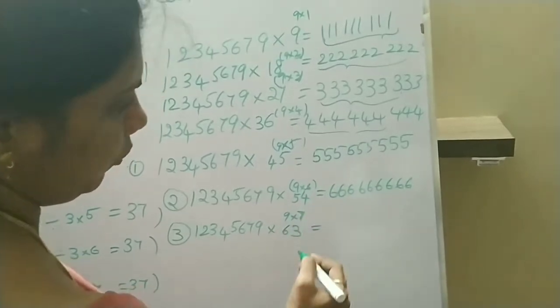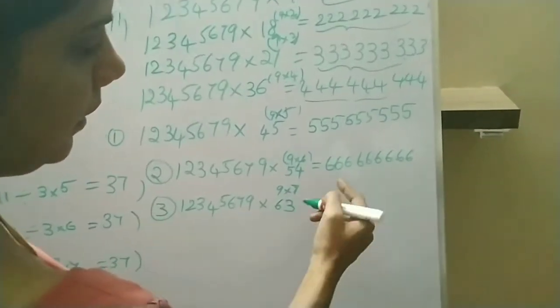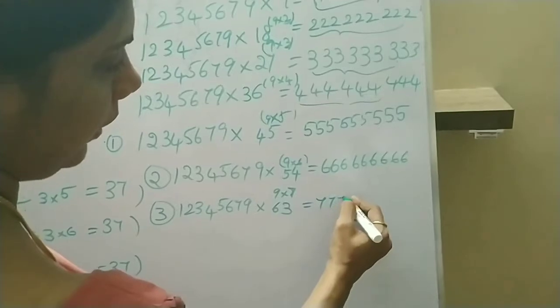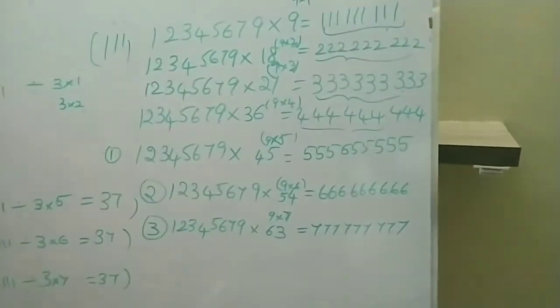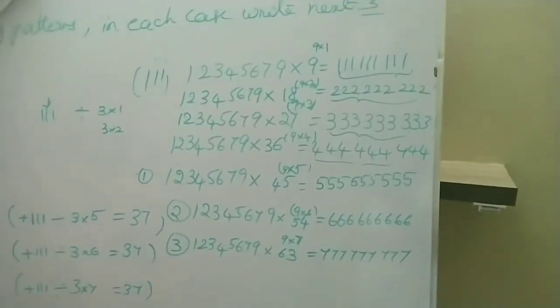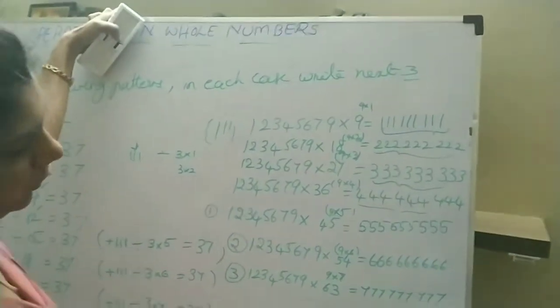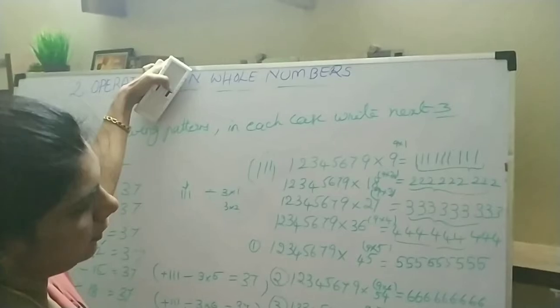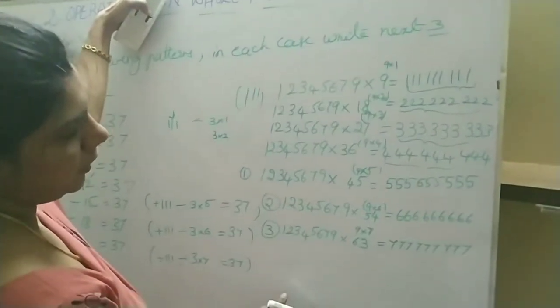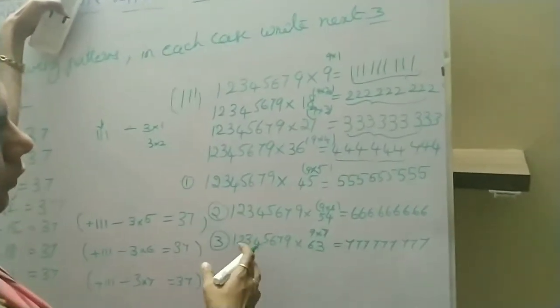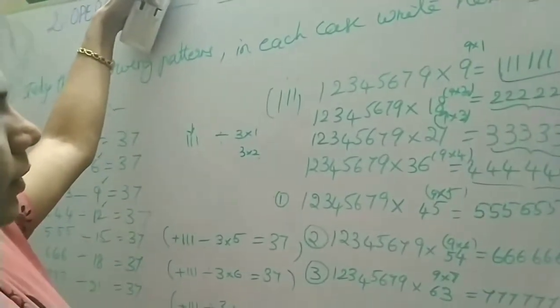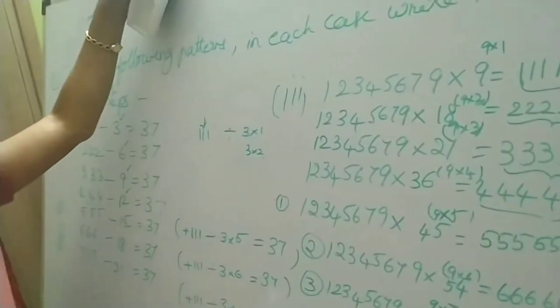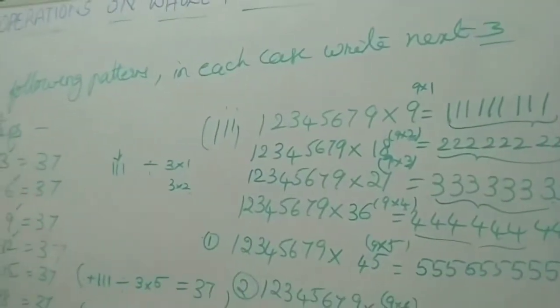So with 7 I am doing here. So I can write 7 nine times. Like this you have to write patterns. By observing these patterns to make our calculation easy, we can follow these patterns and write them as they are. This is also to be noted down. Next we will see some more problems.